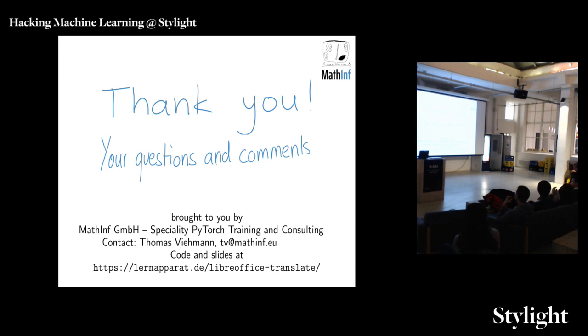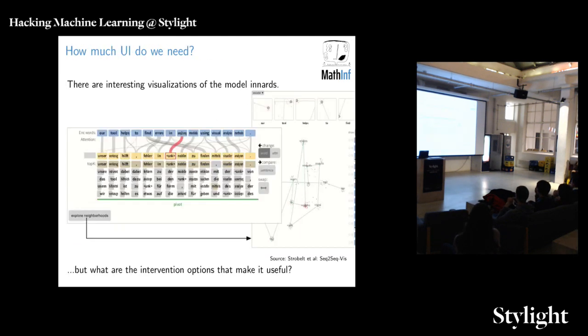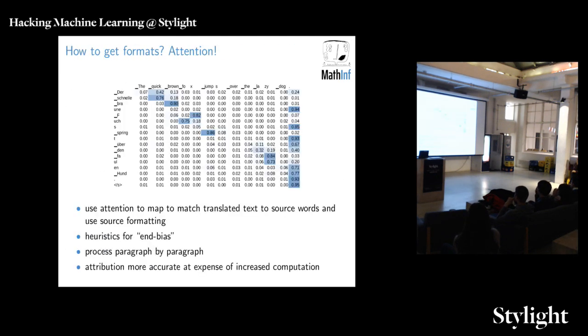You showed the attention matrix, and you showed the subwords on the German column. Is it specific to the German, or is it a general subword algorithm? I mean, you mean if the tokenization is specific to German? It looks pretty funny to separate the A from the U in Braune. Yeah, so